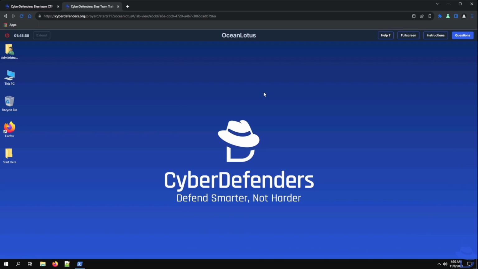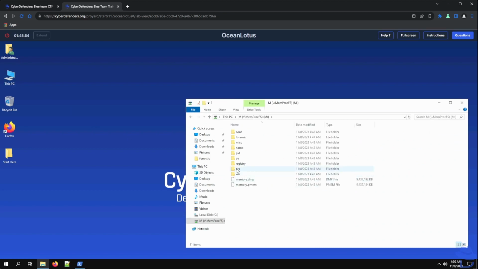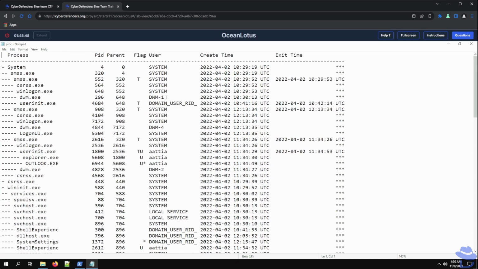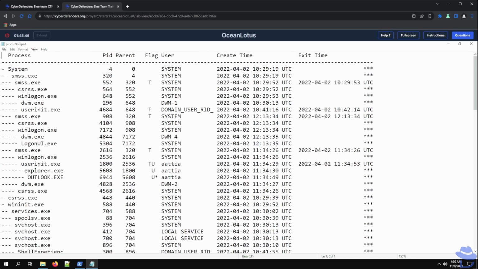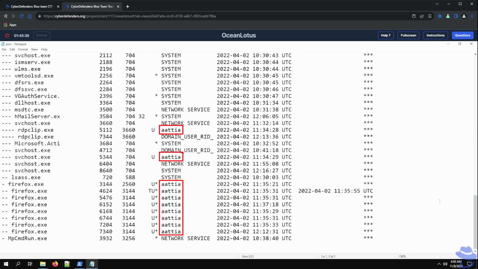I wasn't initially sure what to search for or where to look. So I began by examining the active processes on the system. This can be found by navigating into the sys directory, then the proc directory, and finally, we will see the proc.txt file, which contains a list of system processes. One thing that stood out in that file was the username Atiyah, which appeared as the user who initiated some of these processes. Notably, there were multiple Firefox processes listed, so that seemed like a promising place to start our